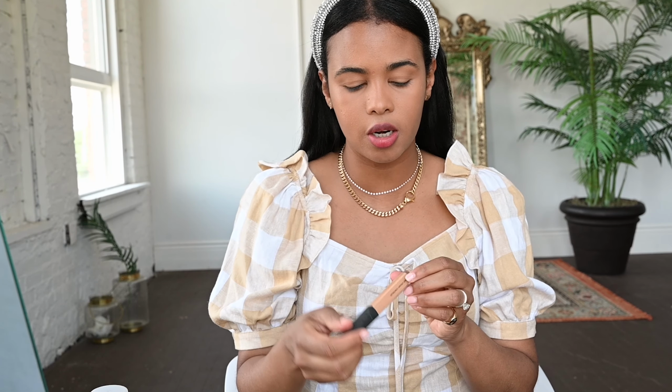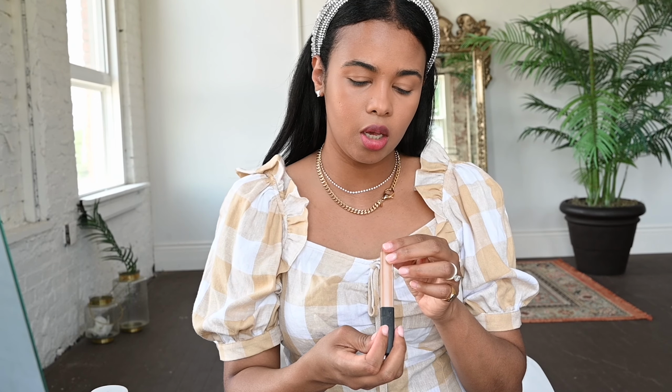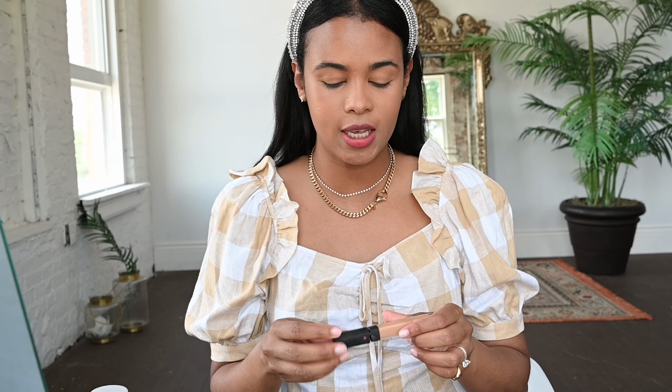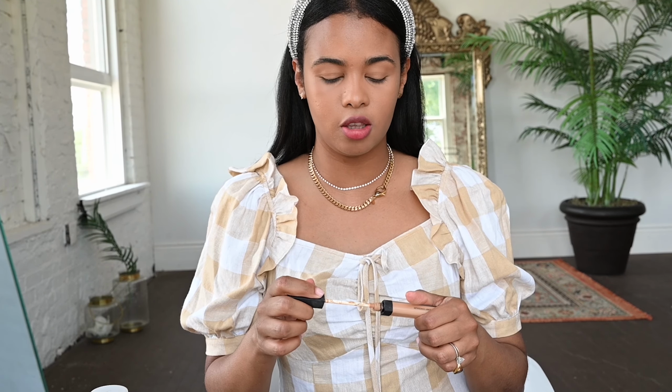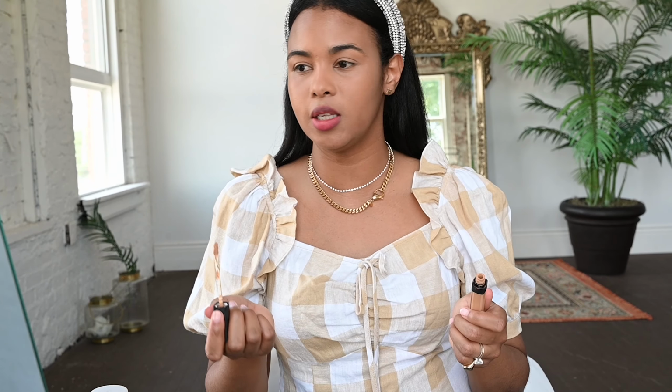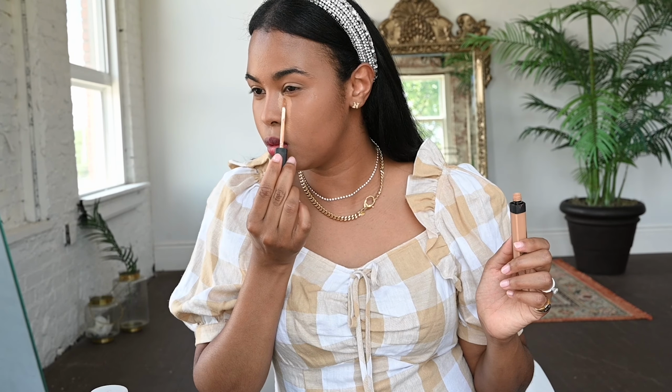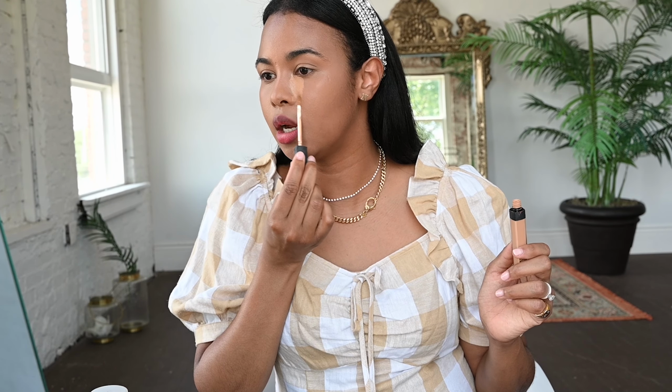Next step is concealer. So I use the NARS Creamy Concealer in Caramel. And I have another TikTok hack for you guys. So instead of the usual way you would put on a concealer, which is just right under your under eye, maybe even in a triangle shape, what I learned is that if you put the concealer right here,